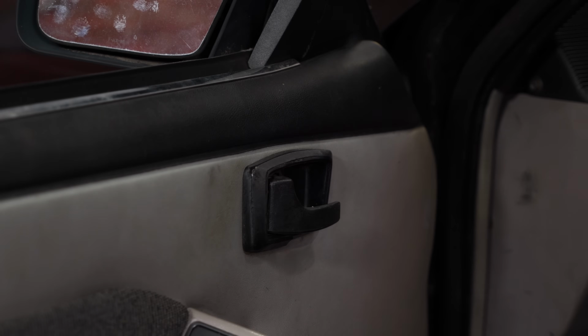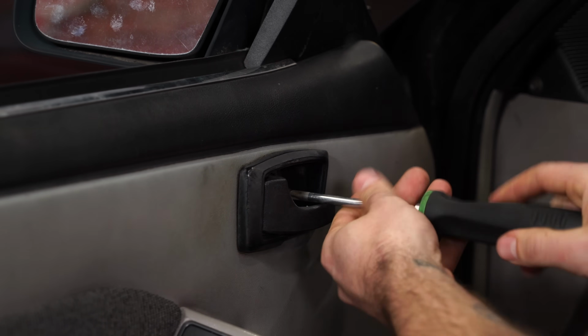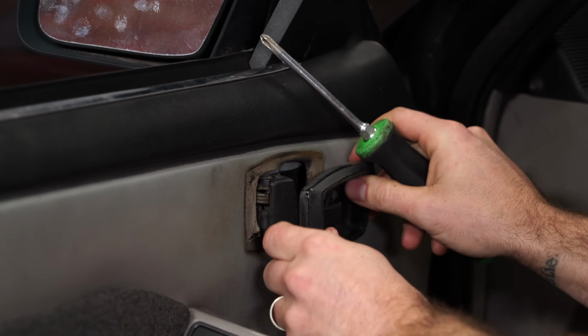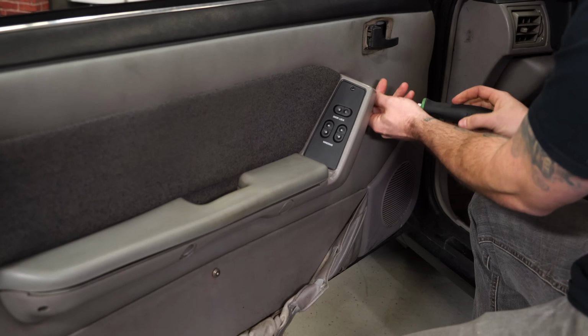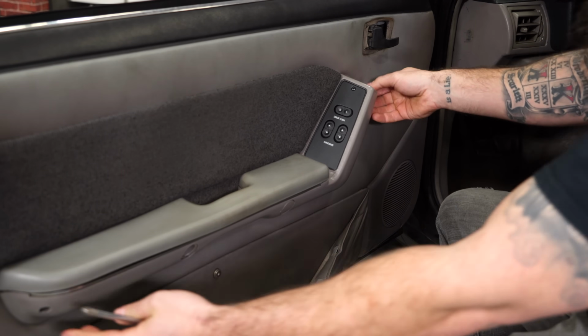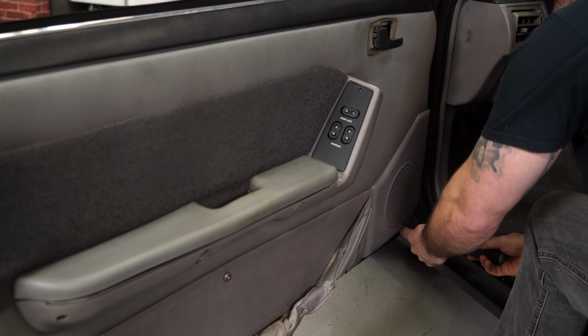To get the door panel off, you've got a couple screws, a couple 10mm nuts, but all in all, it's a pretty simple procedure. I'm gonna start up here. All right, there's a couple hidden screws here. One here at the top of the armrest, and another you're gonna be able to get to down here at the corner. And lastly, there's one down here at the end of the speaker